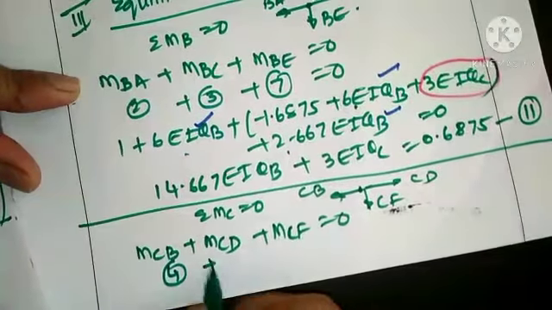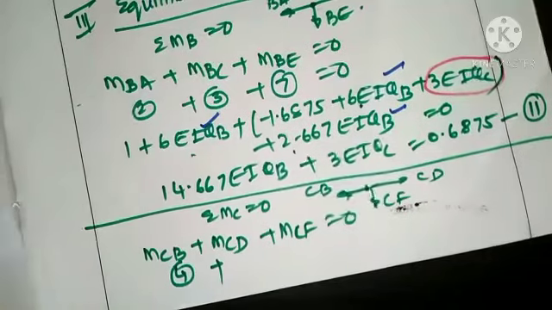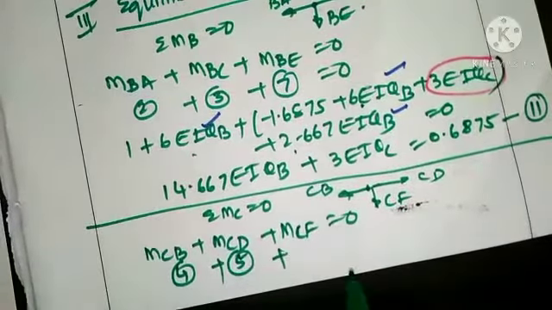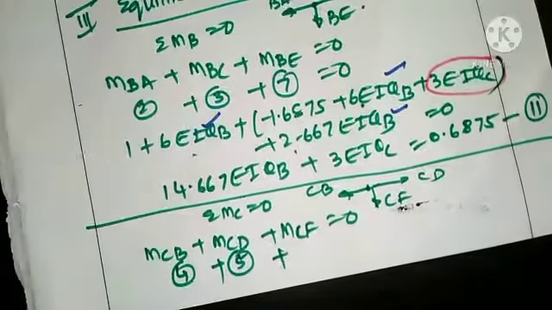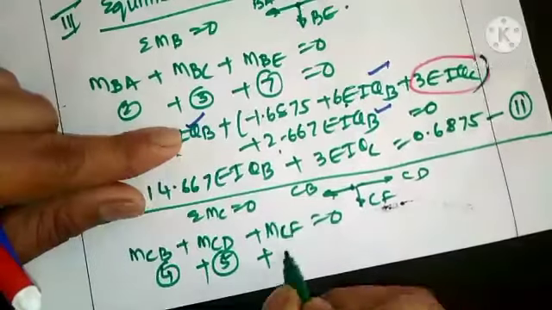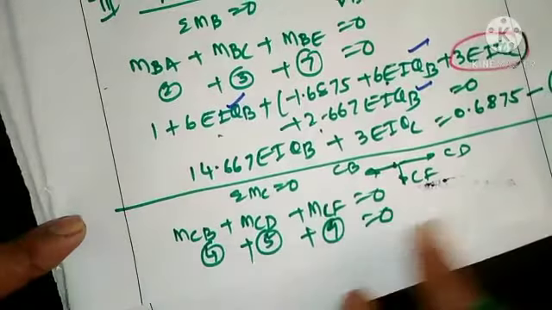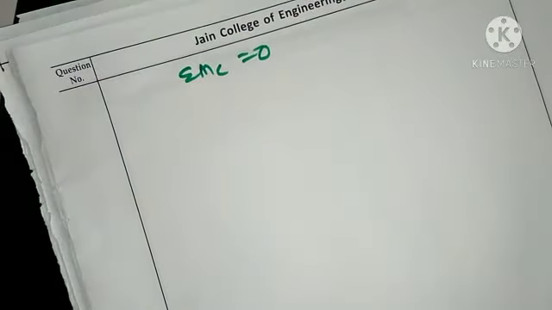MCD equation is what we had noted down, equation number 5. Next is MCF equation, the last equation that we had noted down, that is equation number 9. So plus 9 is equal to 0. So we shall note down all these equations: 4 plus 5 plus 9 is equal to 0. When I rewrite here summation MC is equal to 0, equation number 4 is